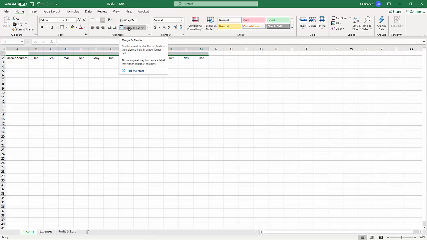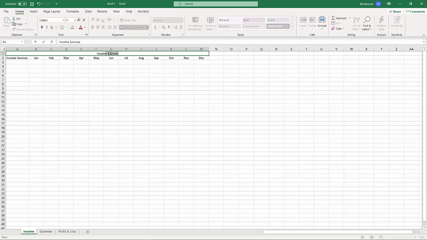So what that's going to do is it's going to actually combine all of those cells together, make it one cell. All the cells I have selected will become one cell, and whatever I type into that cell will be centered over the top of our table. So I'll go ahead and click on that option. You'll see now it is one cell, and so now we'll just go ahead and type in income,